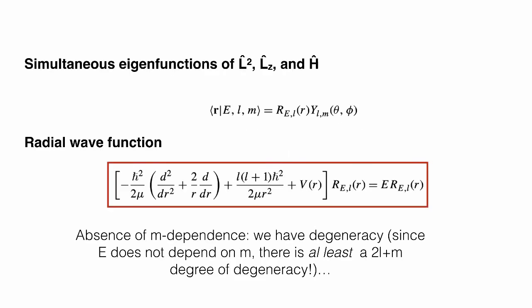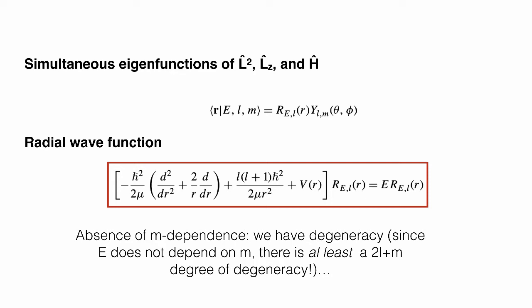And to do that, let's try to remember what we do. We have the wave function that's written there, and we know that we can separate the angular dependence, theta and phi, which is given by the spherical harmonics Y, and then a radial part R. And when we do that, we can replace the whole thing in the equation that we had two slides ago, and we end up with this equation. You, of course, notice that we now use the straight d, since we only have r dependence. And when you look at this equation, that means that the radial part of the wave function has to be calculated. And something that's interesting is that there is no m